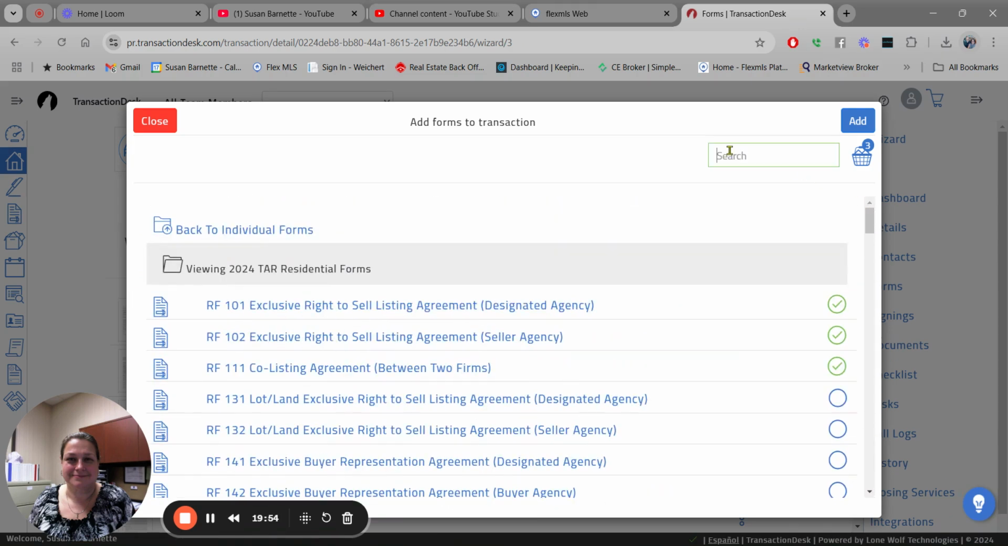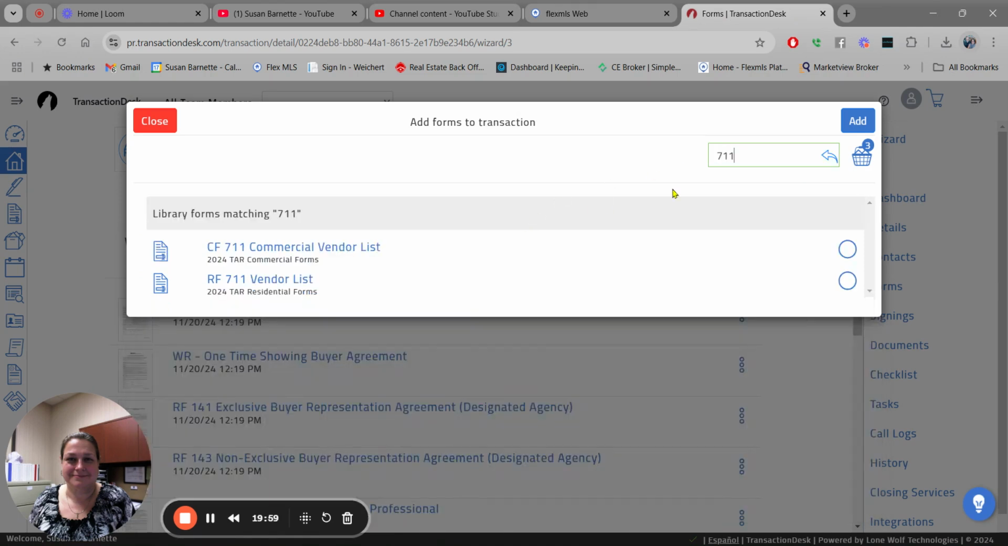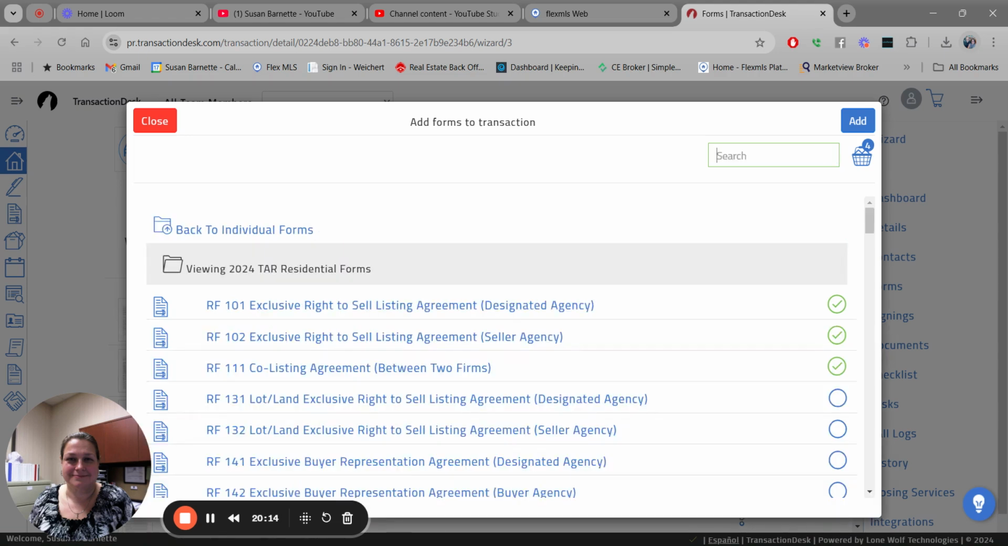You also can search the form by putting in a form number, okay? So I put in 711 and it is showing me both the commercial form and the residential form, and I can search forms like that. So if you have a checklist, you don't have to just run up and down this list of forms looking for the form numbers. You could type in the name or the form number and select it,